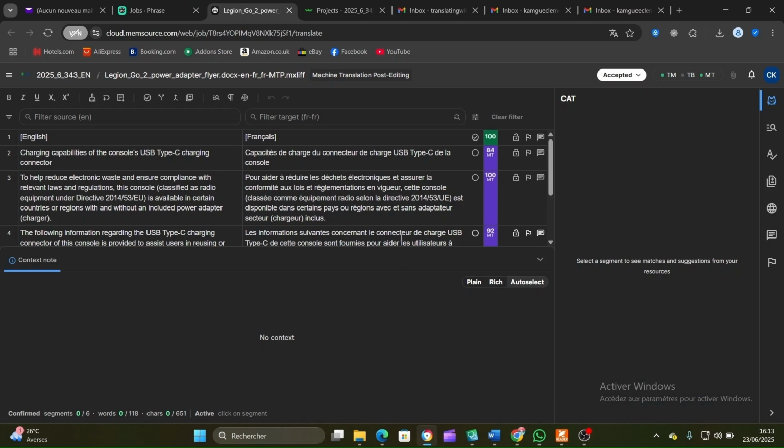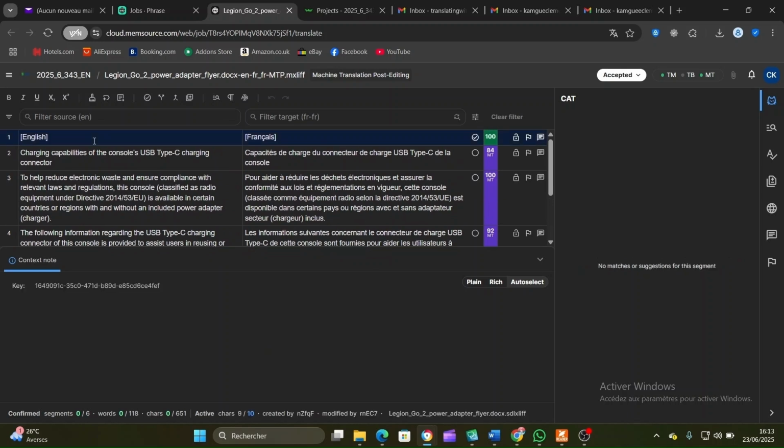Let's move back now to the editor view. This is how the editor view looks. In this corner you have the source segments and then the target segments. In this case, they are just asking me to do some revision because the work has already been pre-translated. Then I have to be checking and making some thorough proofreading so that the file can also be